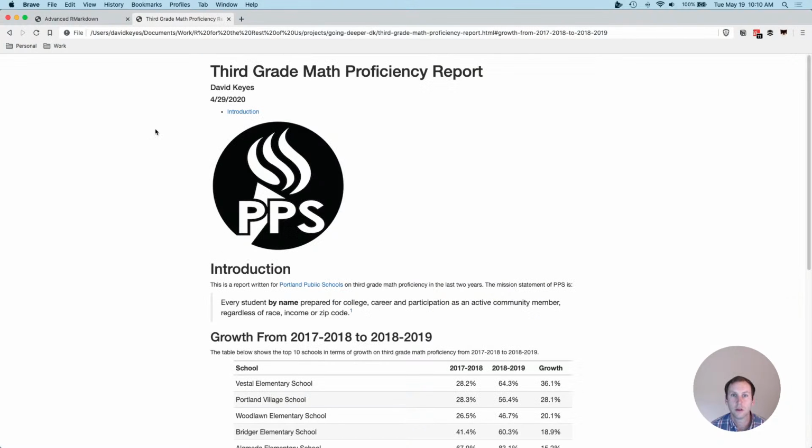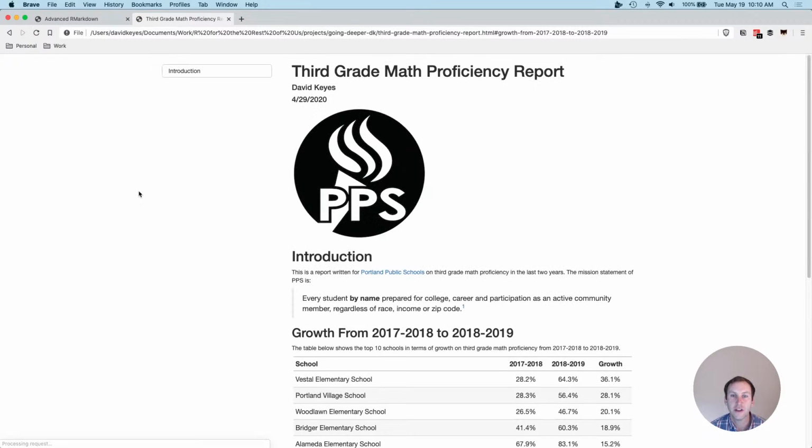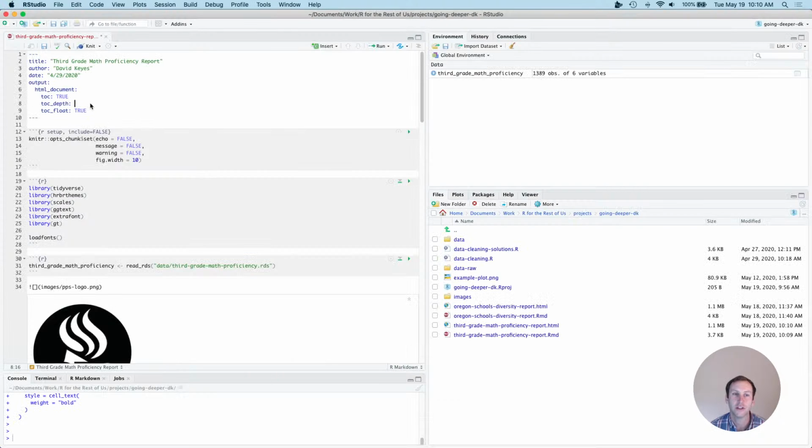All right, I'll refresh this, and you can see now it's put the table of contents here on the left side. It doesn't really make sense because I only have 1, but if I change this to 2, reknit,